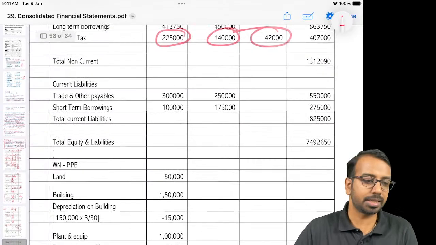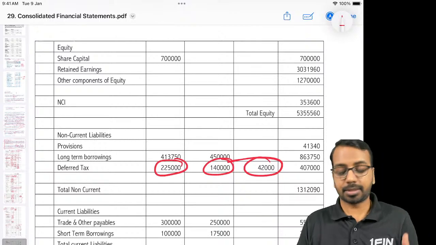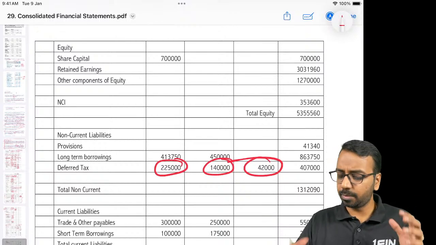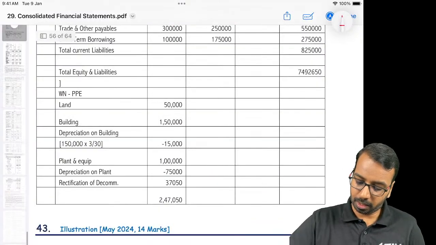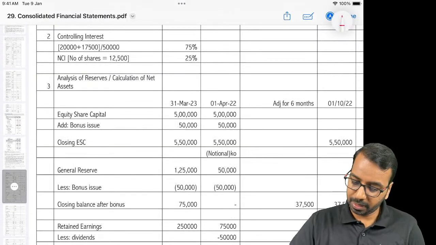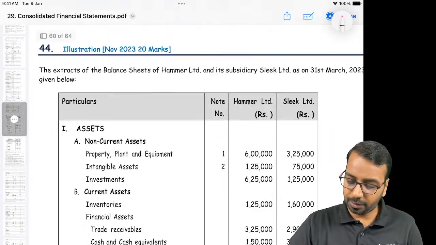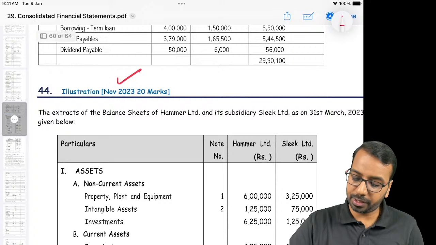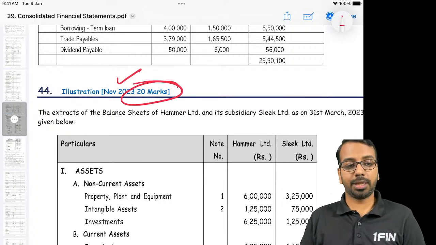Okay, so this is given in RTP. I don't think a 20-mark question like this, such a lengthy question, will be tested in the examination, but for calculation purposes it becomes very easy for your examination. Then I'll be releasing a detailed video on these two questions. This is Nov'23, 20 marks. This was a bouncer question. If at all you get a bouncer question in the examination,